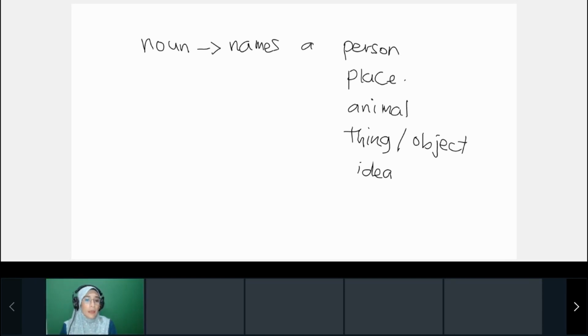Now, a noun names a person. Just now we named him as my father. And then we also named the animal, which is Jim. So a noun can name a person, a place, an animal, a thing or an object, or it can be an idea as well. What's an idea, miss? An idea can mean like